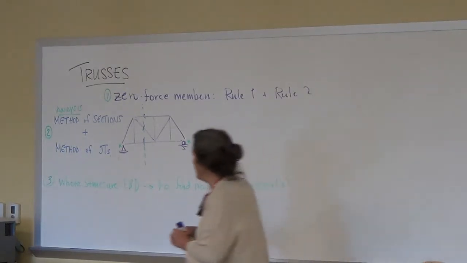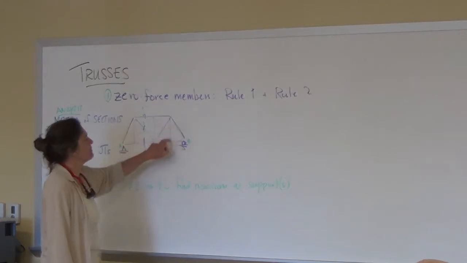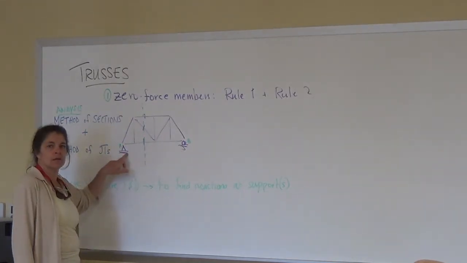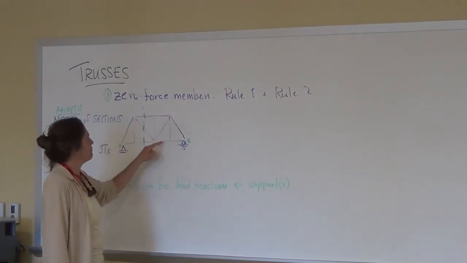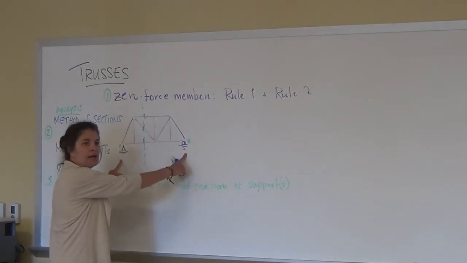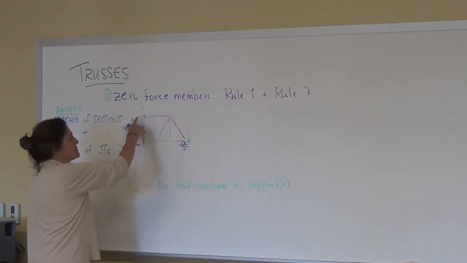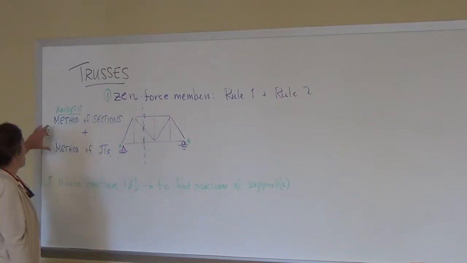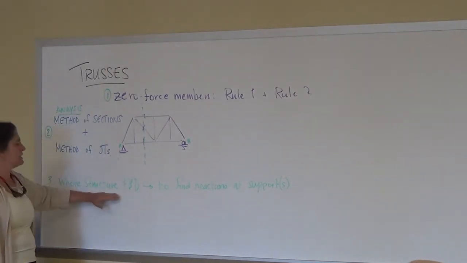Because if you need to calculate the loading in every single member, will you need to know both A and B? Is everybody with me? If the problem asks you to find the value in each one of these members, do you need to find A and B? No, just A. If you have to find all the members, you need A and B. Okay? So regardless of which method you're going to use, you are going to need to analyze